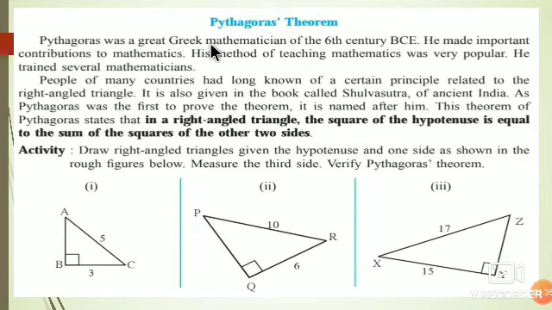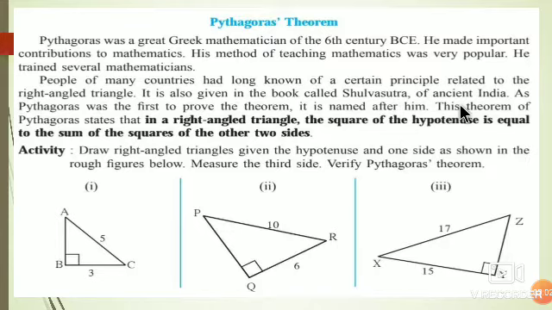Pythagoras was the Greek mathematician of the 6th century BCE. He made important contributions to mathematics. His method of teaching mathematics was very popular. He trained several mathematicians. People of many countries had long known of a certain principle related to the right angle triangle. It is also given in the book of the Shulva